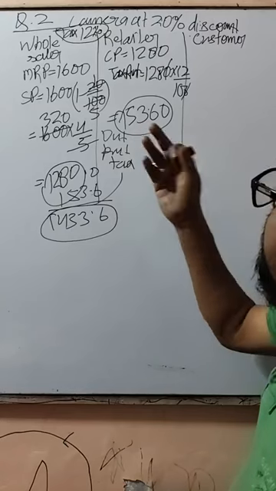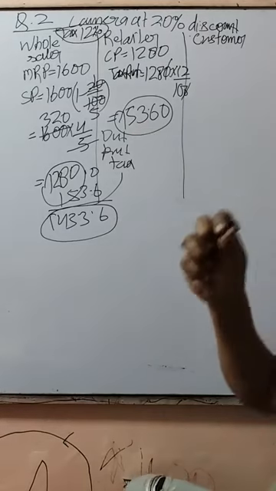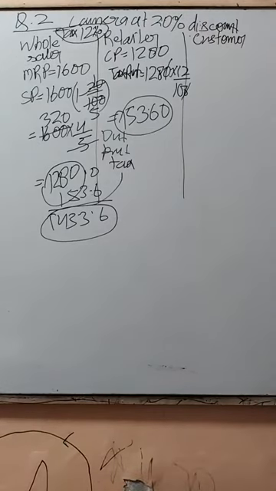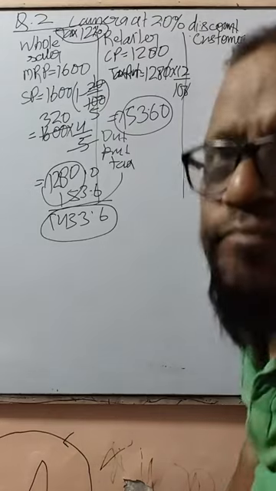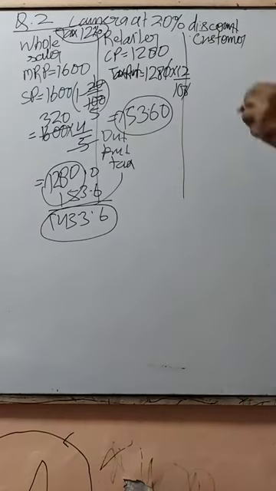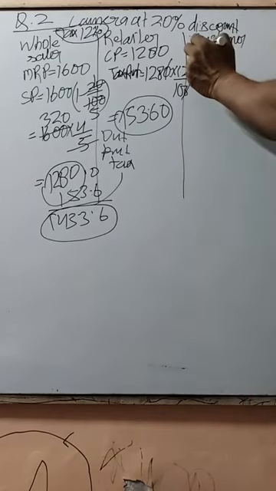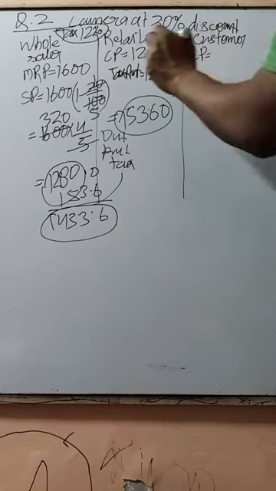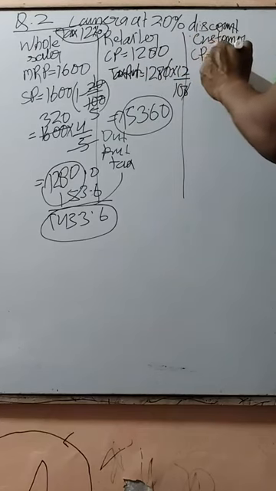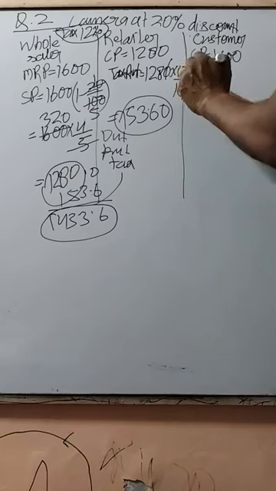This is output GST. Now what about customer? The shopkeeper sells to the consumer at the printed price. Printed price. So CP for customer is 1600. Tax amount